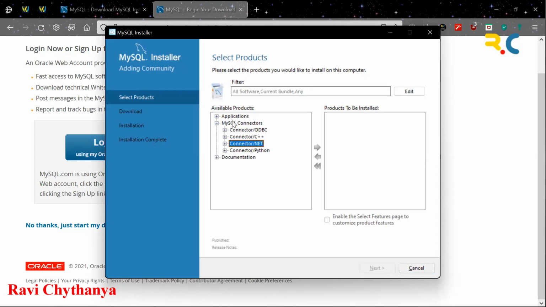From the MySQL connectors, you need to select the MySQL Connector/J, and from the applications, you can select anything else you want. Then click on next, complete the installation process, and then you can sign out from there. Here you need to remember one thing while installing MySQL, very important.